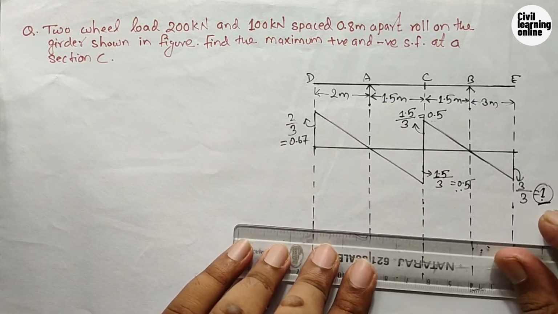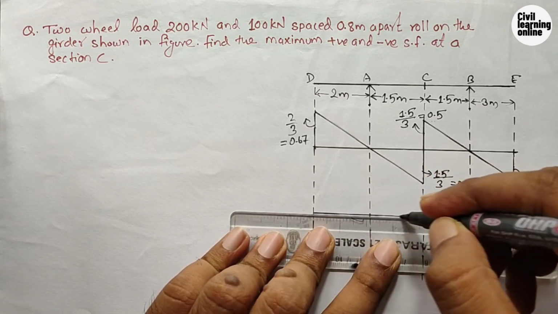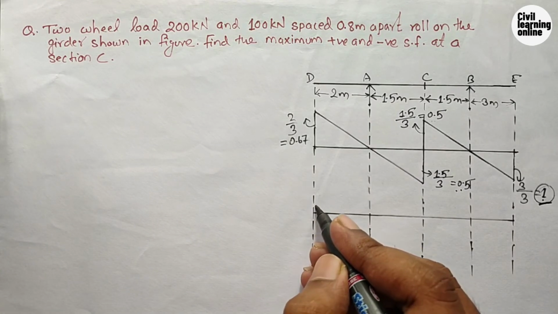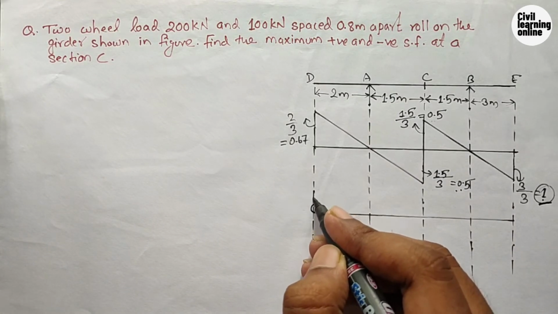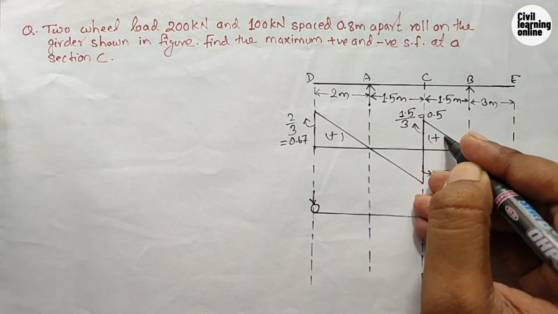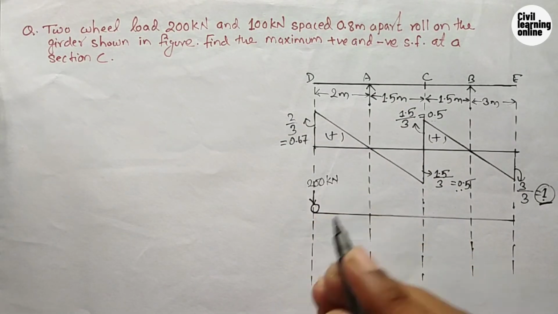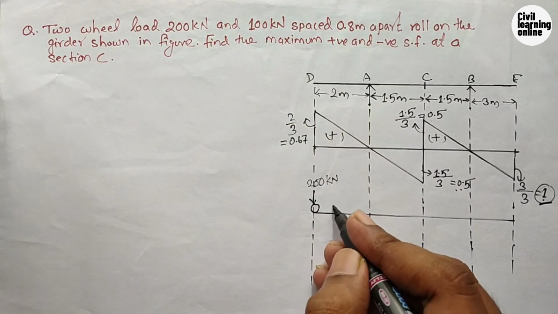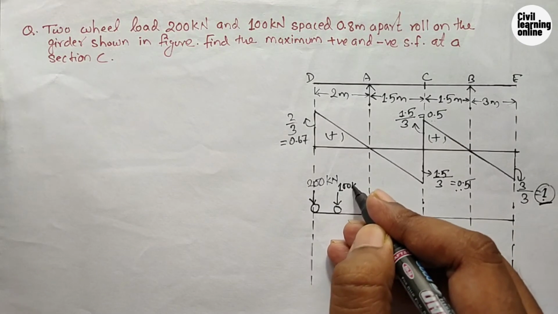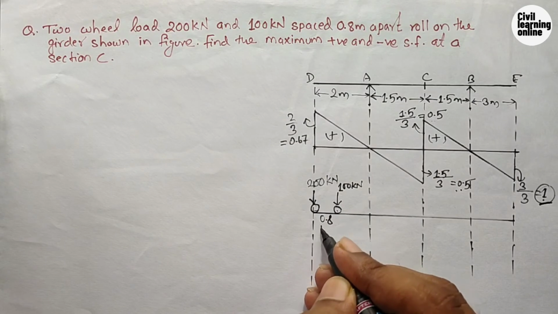Now it is time to draw the girder, and we need to place the point loads. If I place the load for the maximum positive shear force, then here the maximum load is 200 kilonewton, and the maximum value of the ordinate in the positive portion is this, so 200 kilonewton will be placed here. And guys, the second load is 100 kilonewton, which is 0.8 meter apart from 200 kilonewton, so this is 100 kilonewton, and the spacing between these two loads is 0.8 meter.